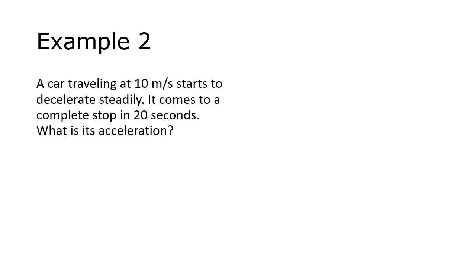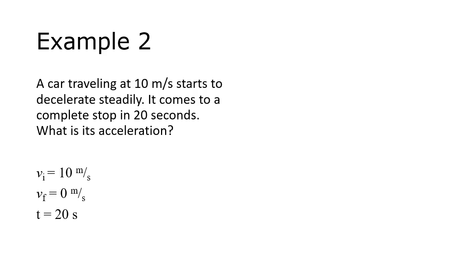A car traveling at 10 meters per second is the v sub i. The car begins to decelerate steadily. It comes to a complete stop in 20 seconds. A complete stop means that the car has a v sub f of 0 meters per second. What is its acceleration? Having read the problem, we know our knowns and unknowns, shown to the bottom left, and